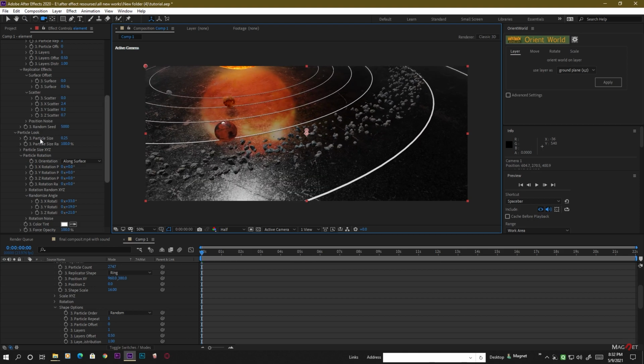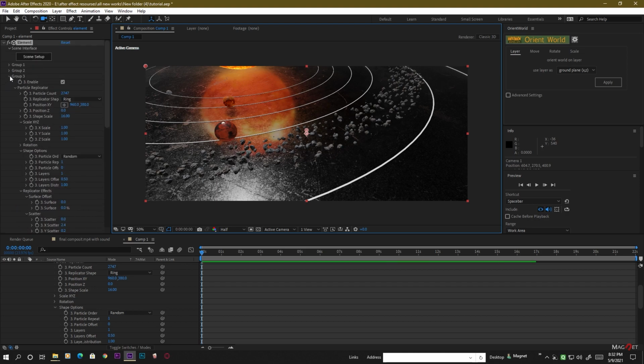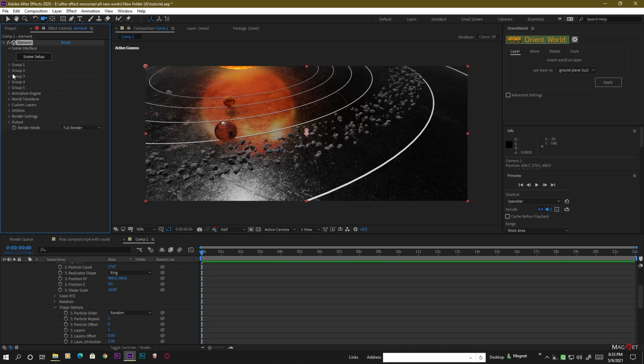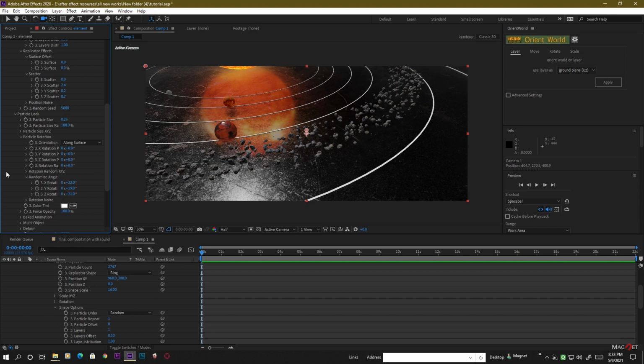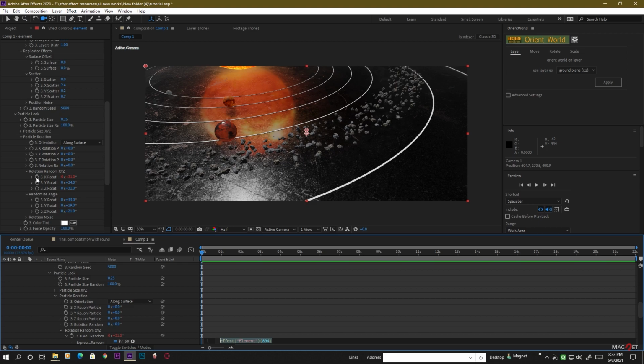So this looks nice, and now we do another job, that is we have to animate those particles in a different way. So go to group number 3 again and go to the particle look. In randomize rotation, you can change the rotation of the particles, and now we put some expression to this. Okay, so alt click on the X rotation value first and type time